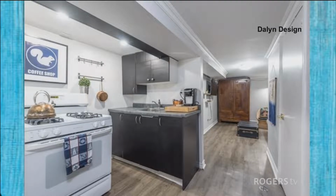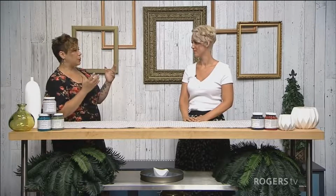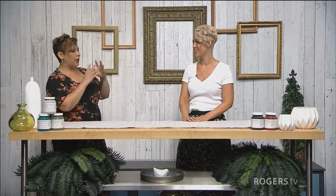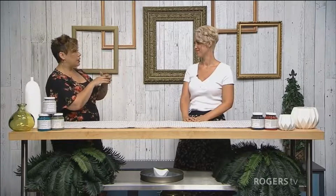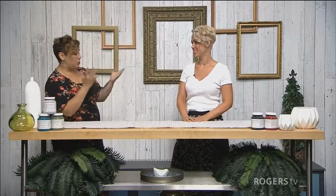That's fantastic. That space is gorgeous, and I really loved how you were able to pull it together. Sometimes it can be difficult for anyone to visualize. So what was your process, how were you able to pull all that together, going from the wood of your Airbnb to that gorgeous